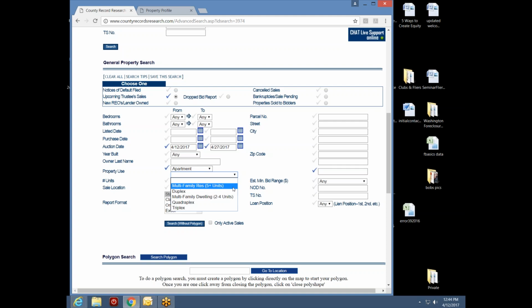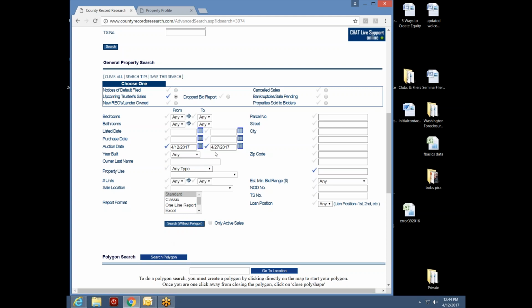On the other hand, if I'm working with clients and that client says, oh, if you bring me a fourplex, I'm never calling you again, well, then I'm going to pick 5 and above because I'm going to make sure I'm satisfying that person's needs. But if I'm an investor searching on my own behalf, my focus is to find the best opportunity for myself so that I can put that deal together effectively, whether I'm bidding at the auction, making an offer to the owner, or trying to buy a note from the lender. So I can pick property use if I want to. I can be highly specific or not so specific. If I change my mind, I can click on that little check mark and get rid of that specification.